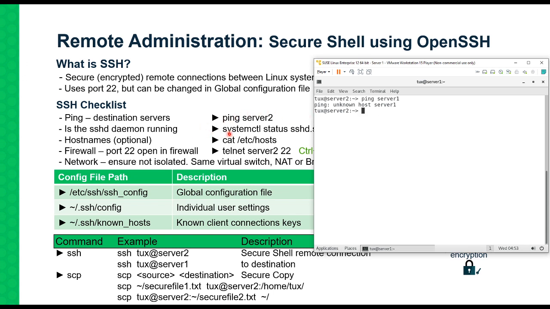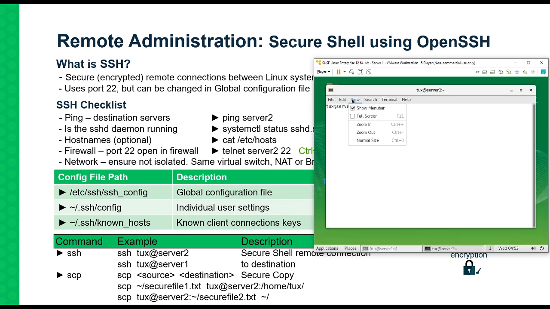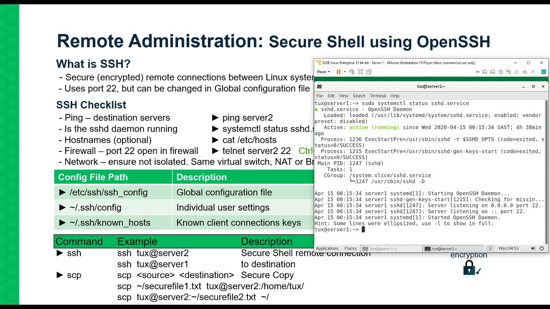The next one, we need to look if the daemon is running on server 1. We can do that. Let's quickly minimize this. Let's open up a new terminal. And we run a command, systemctl status sshd service, and we should run that as sudo as well. Let's put sudo in front, sudo systemctl status sshd service,